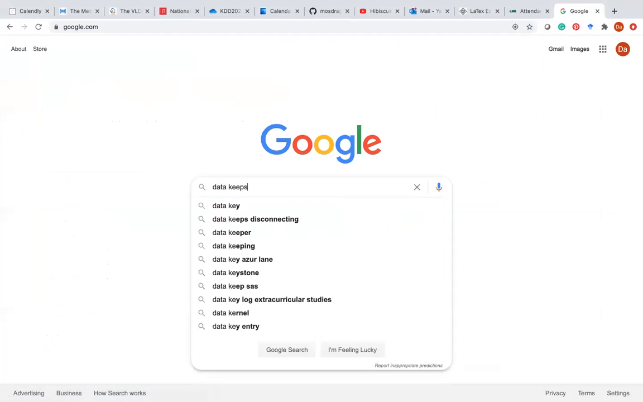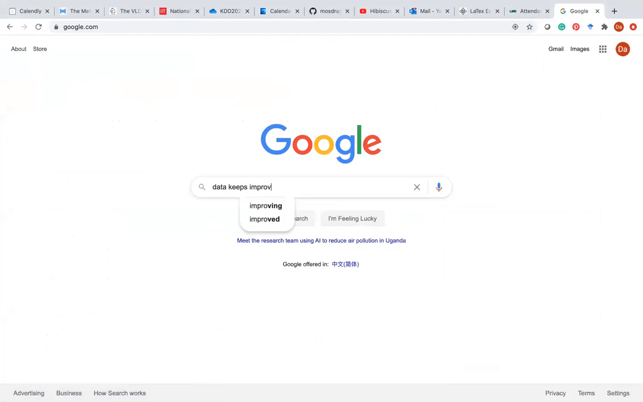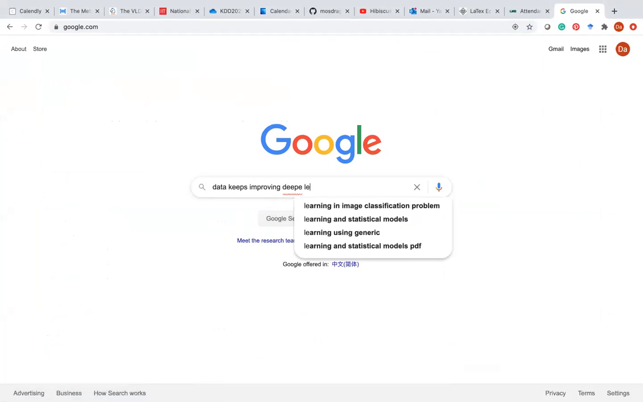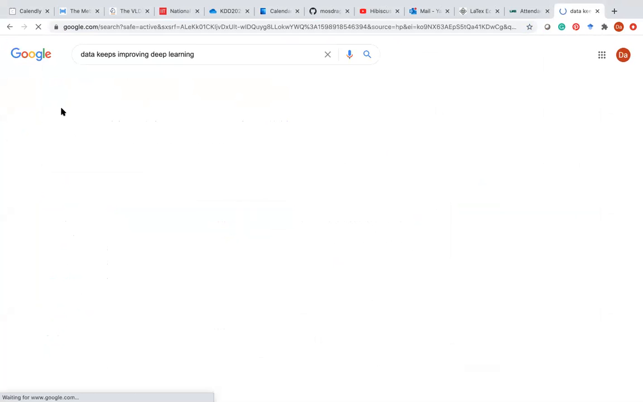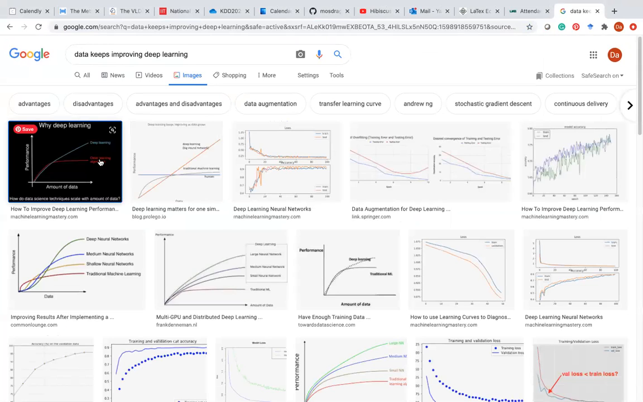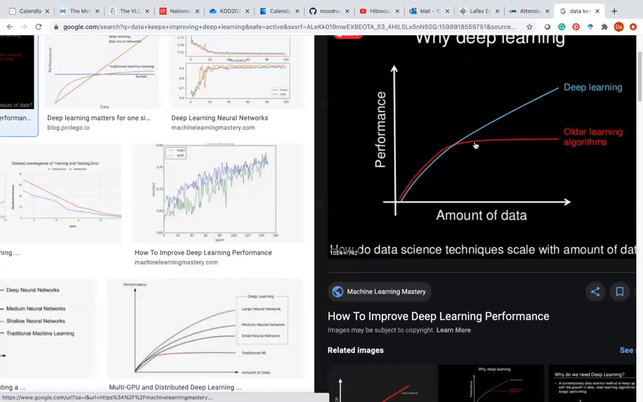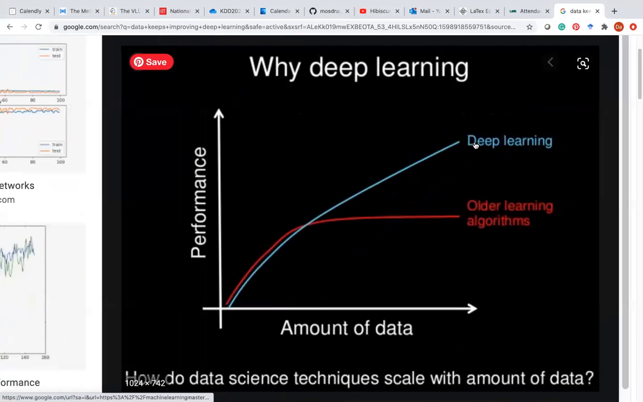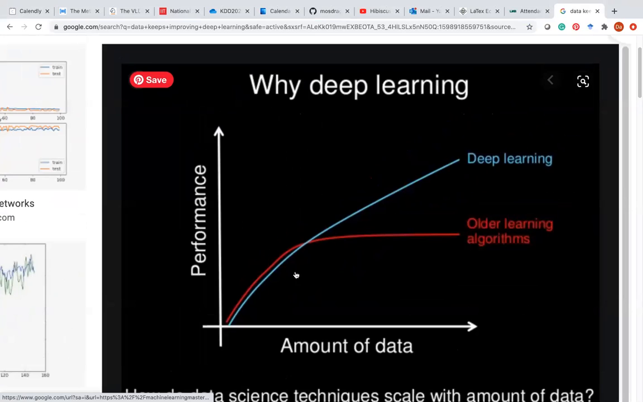Data keeps improving deep learning. Okay, so here's a typical argument about why deep learning is good, right? If you have lots of data, okay, right? Your other models